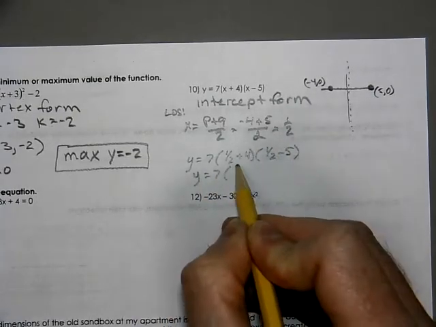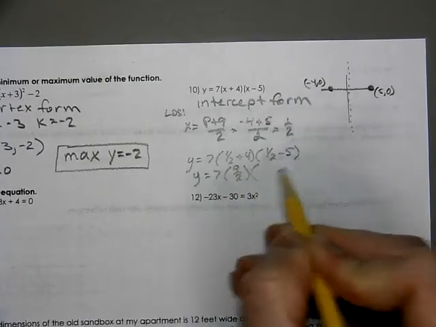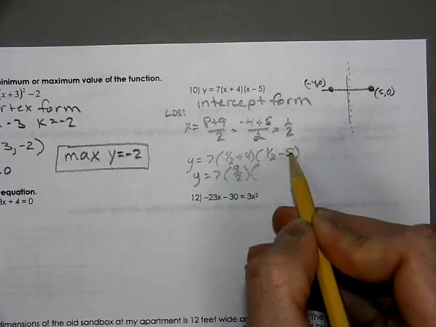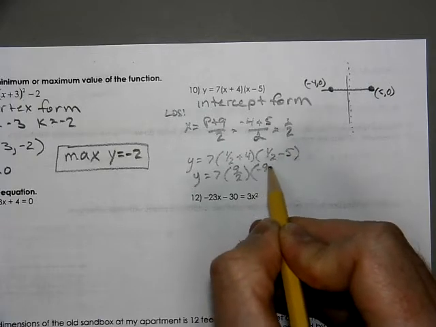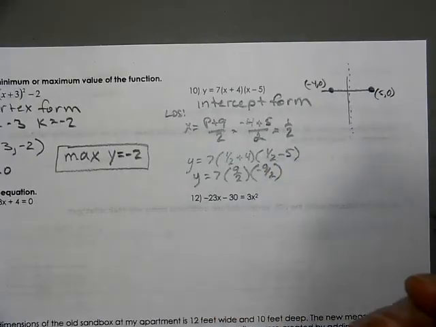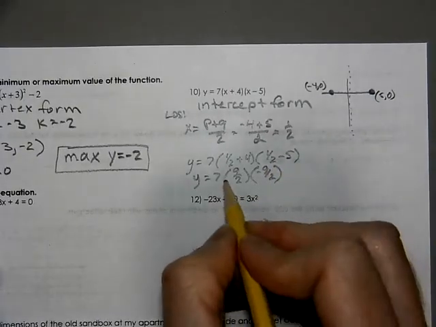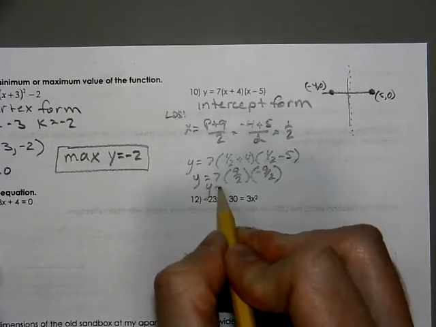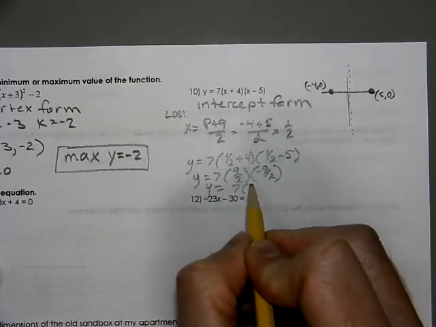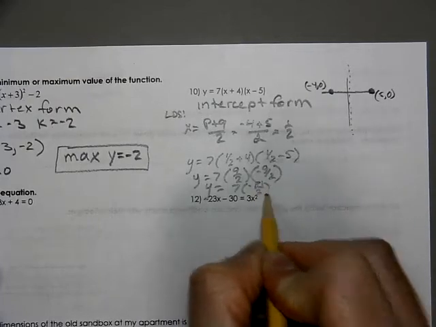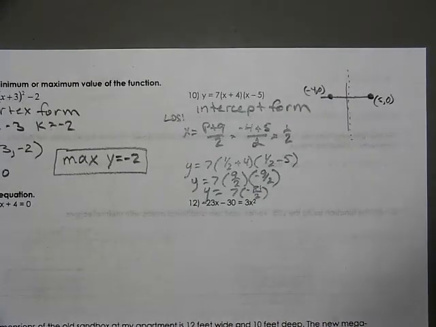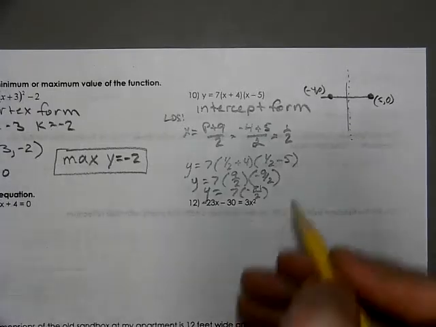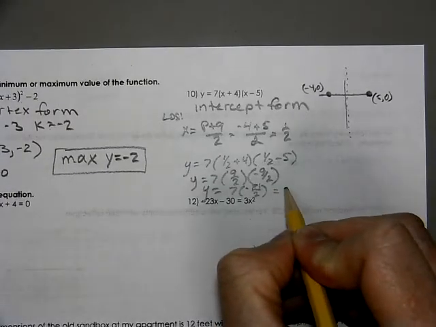So we'd get 9/2. This would be 10/2, -9/2. Crazy set of numbers here. So we're going to get 7 times -81/2. That's where our y-intercept, or our maximum value, will be located, which is at